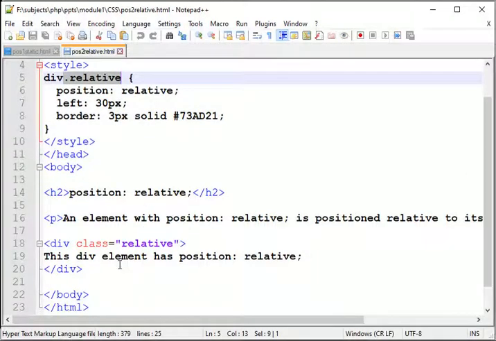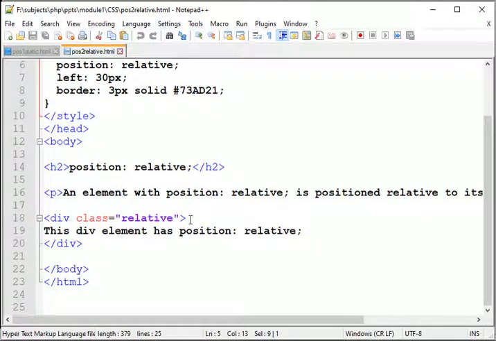The relative position is illustrated with 2 elements, h1 and p. This div element has position relative.